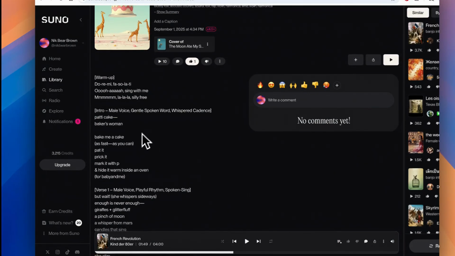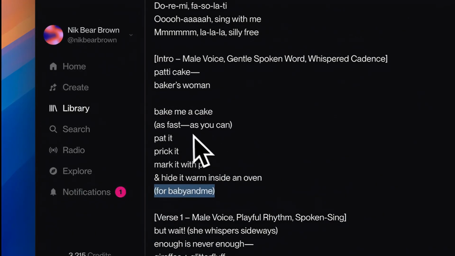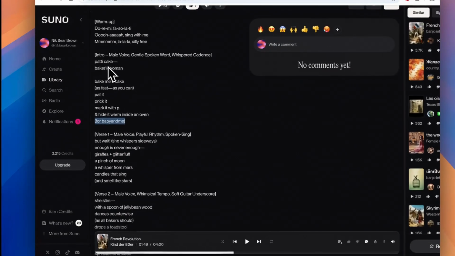I also do things here where I edited a little bit. I added little annotations. I changed the name to Patty Cake Baker's Woman, because Patty Cake just sounded like a woman's name. So I made some changes. But for the honeybee song, I'm going to intentionally keep it like I were doing it for a kid.